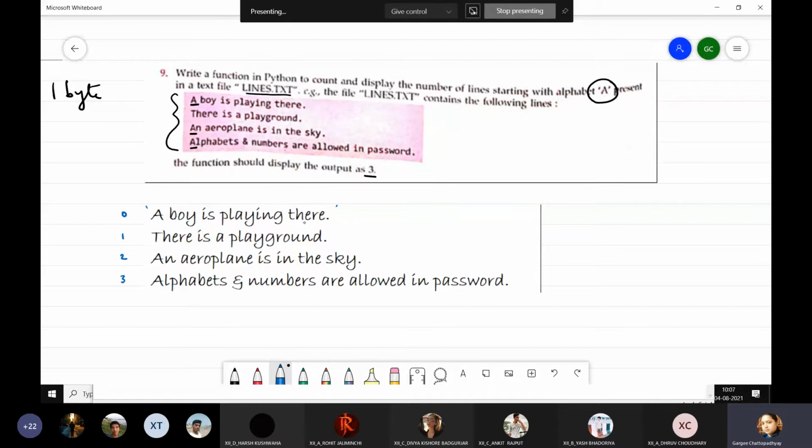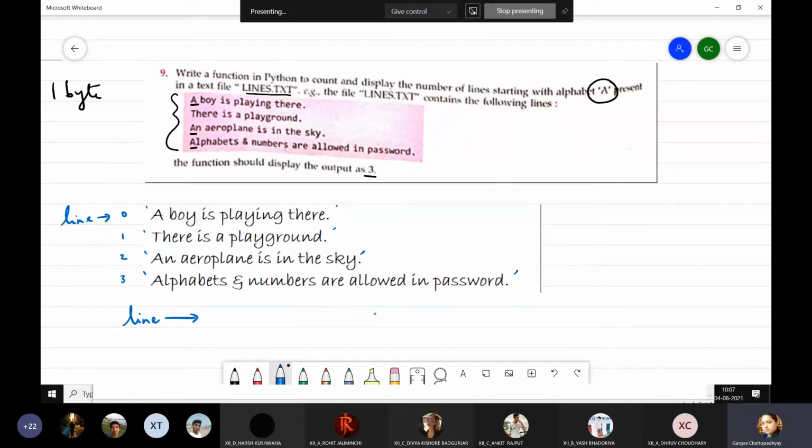It could be something like this, right? So while you are writing for line in content, line means at a time line is going to point to one single line over here. Firstly, line will be containing what? It will be picking up the first string from the list. A boy is playing there. Now, how will you check whether it starts with capital A or not? Somebody else will give me this logic.